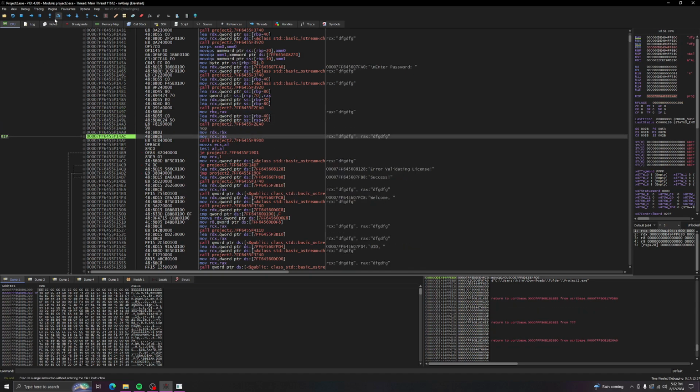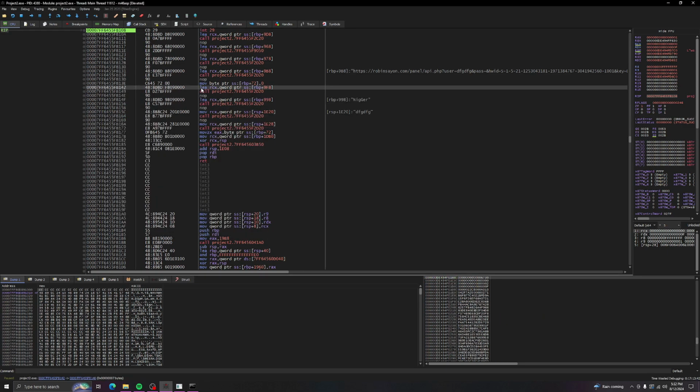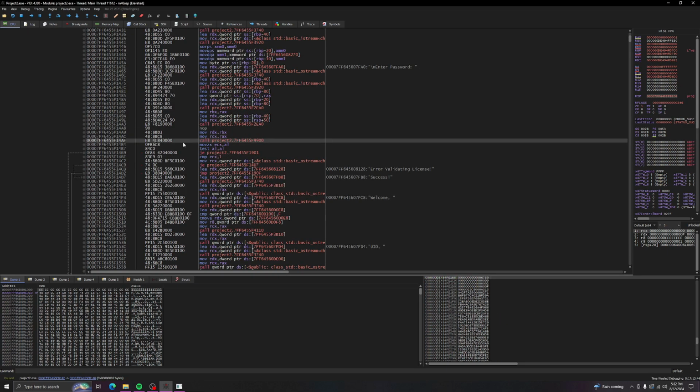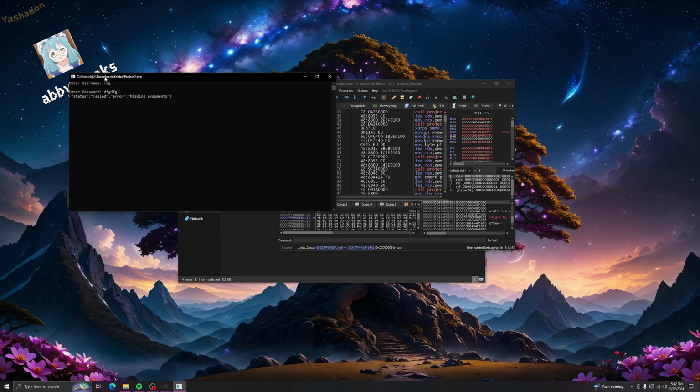Looks like it hasn't done anything here, and that is, you see that right there. So server's migrating, but you see how it flashed a little bit. So we know this one right here is usually authenticating. Looks like it's not a JSON library for response. Anyways,